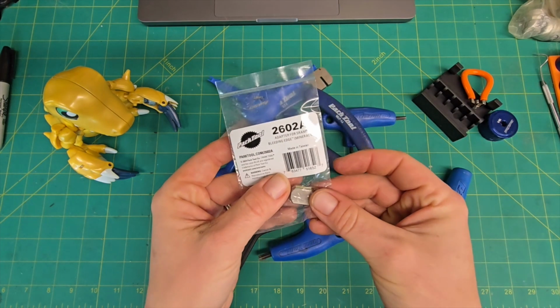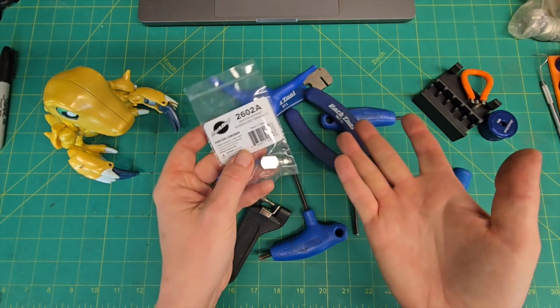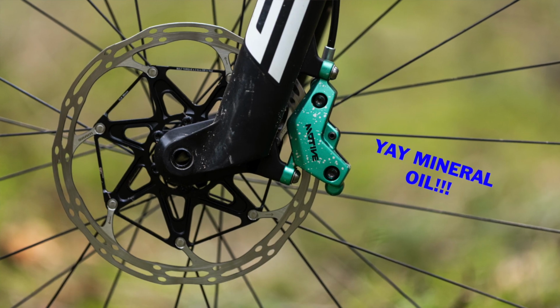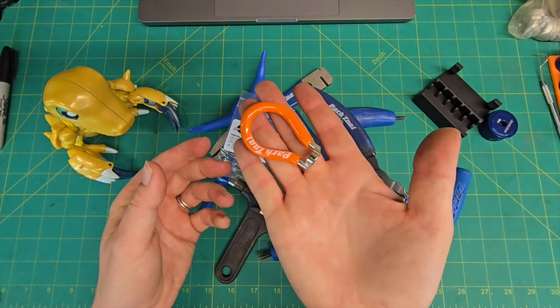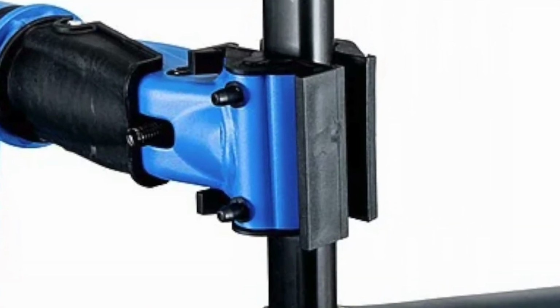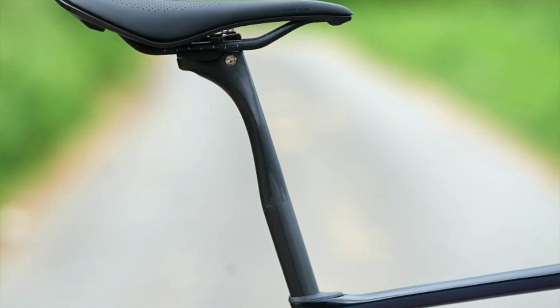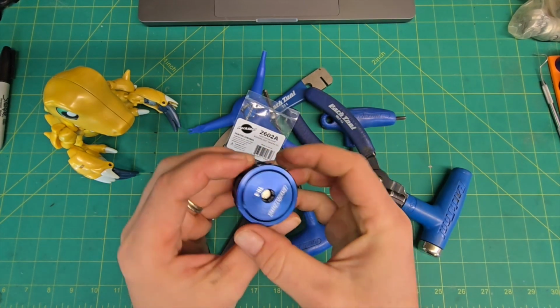They came out with a bleeding adapter for the bleeding edge for mineral oil for SRAM, since SRAM was doing their transition where all their mountain bike brakes were going from DOT fluid, which is a great idea. Good job, SRAM. They came out with spoke wrench number 6, and sent me the D-clamp insert so that if you were working on a Giant, you could put this in there, and those D posts. And probably my favorite thing that they sent, and the favorite thing they made last year,